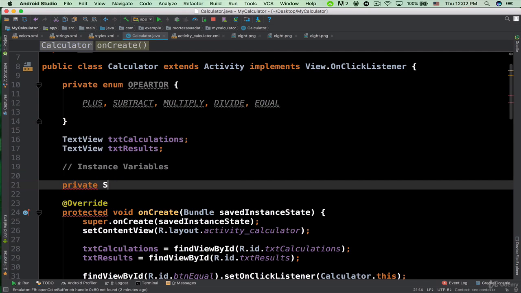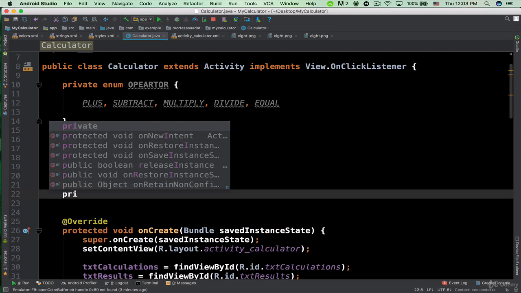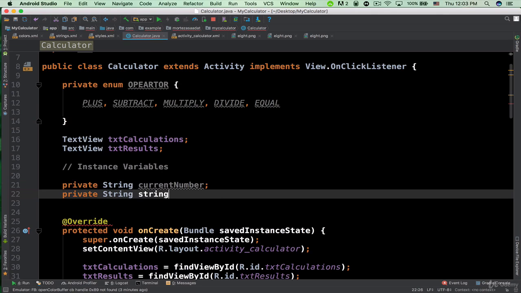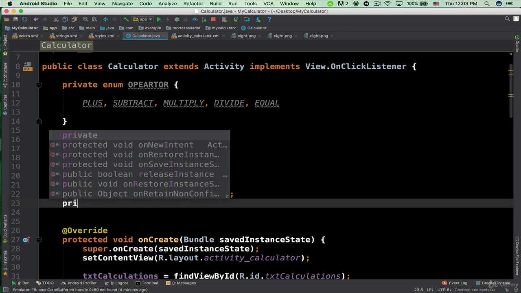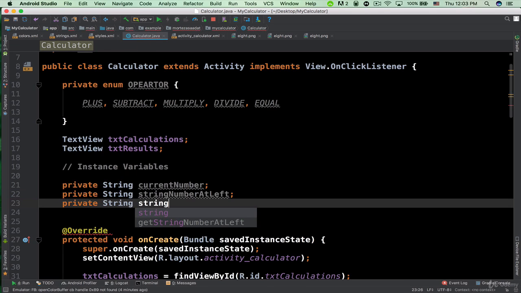So private string currentNumber, semicolon. Let's create another instance variable, private string, and the name is going to be stringNumberAtLeft, semicolon, and another instance variable, private string numberAtRight